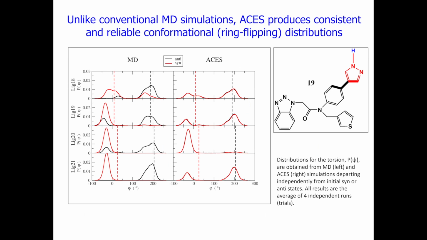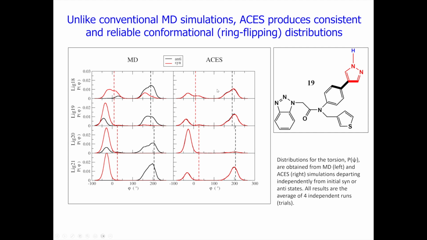To illustrate that, just in the context of a regular MD simulation, if we take a look at these different ligands and ask the question, what do the torsion angle distribution profiles look like if we performed just a regular MD simulation, departing from an initial structure where the conformation was anti versus whether the conformation was syn? So anti is in black, syn is in red. And what you can see is that distributions sometimes are quite a bit different. In the case of ligand 21, when we start with the syn orientation, it stays in syn. When we start with the anti orientation, it stays in anti.